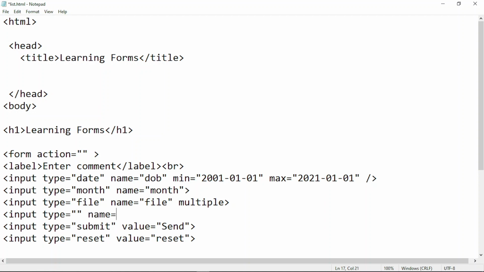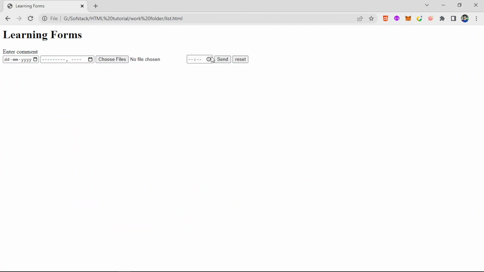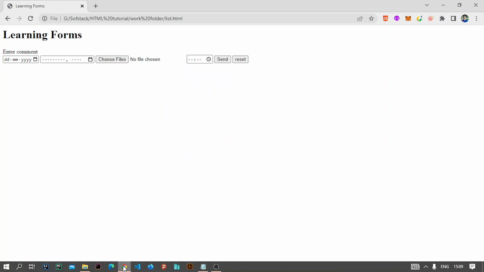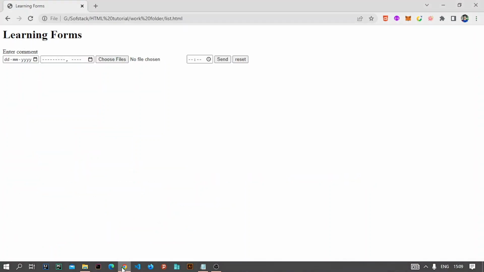Then there is input type. There are many types. Tel is also there, input type tel, which allows us to write telephone numbers. Then there is input type text, which I told you about. Then there is input type time, which will allow us to write time here. So I can select time here. It is in the 24 hour format, so I can select that. And then there are many other